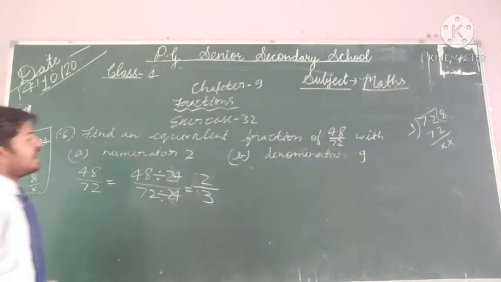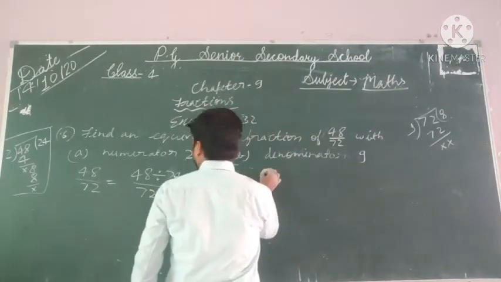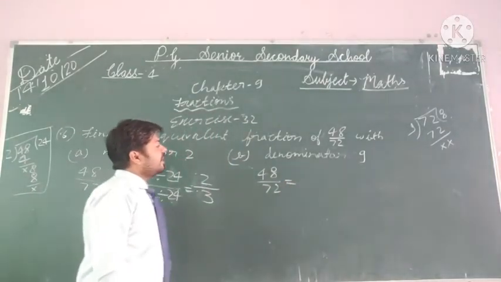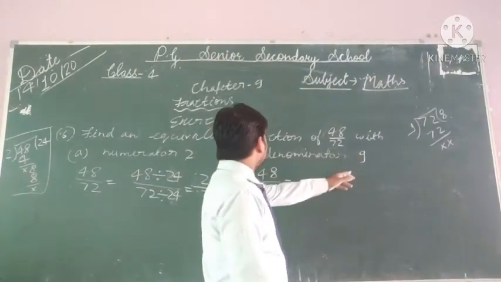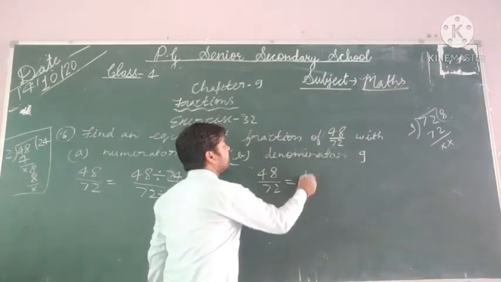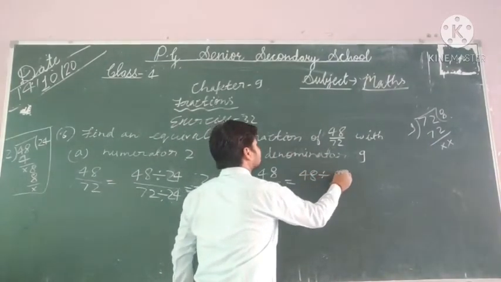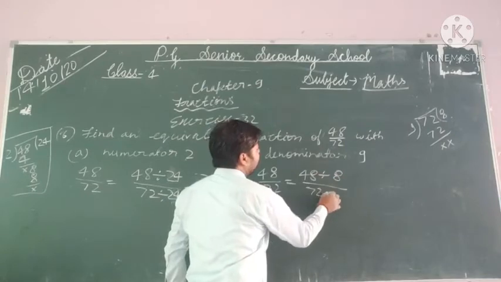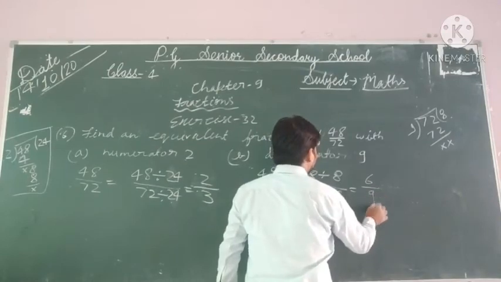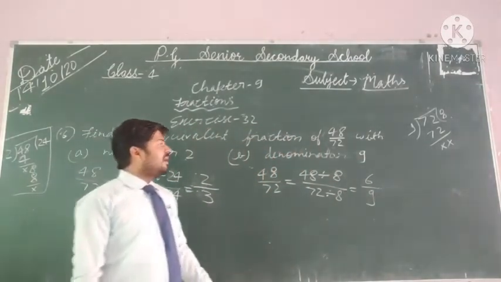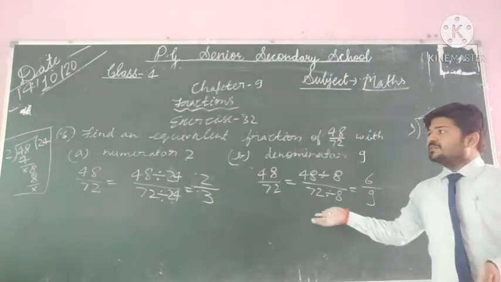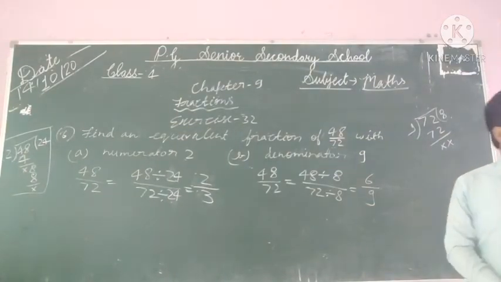नेक्स्ट क्वेश्चन, डिनोमिनेटर को 9 बनाना है। 48/72। डिनोमिनेटर को 9 बनाना है, कैसे बनाओगे? तो 9 से 72 में डिवाइड करो, 8 टाइम्स हो जाएगा। तो 8 से आप डिवाइड करो। You have to divide it by 8. So 8 6 are 48 and 8 9 are 72. ओके बेटा, तो क्वेश्चन नंबर 5 में आप देख रहे थे बेटा कि आपको मल्टीप्लाई करना पड़ रहा था, एंड क्वेश्चन नंबर 6 में आपको क्या करना पड़ रहा है? डिवाइड। डू अंडरस्टैंड?